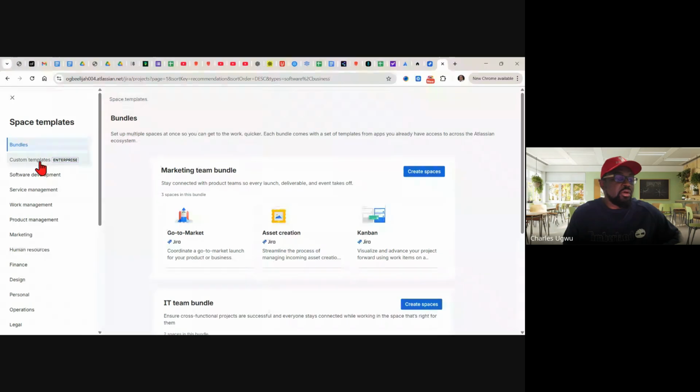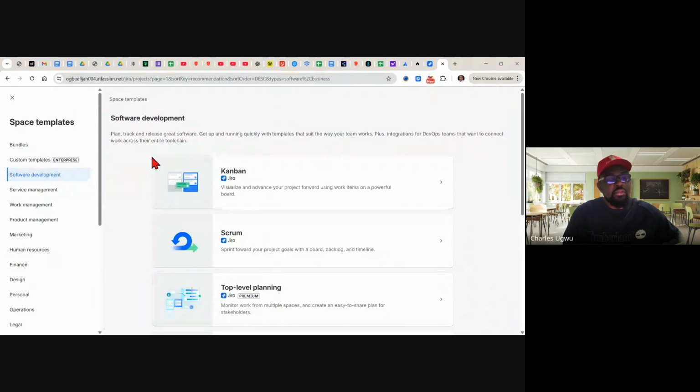You want a custom template, you want a software development project, you want a service management project, you want a work management, product management, marketing, human resources, any kind of project, even legal, you can manage it here. But in our own case, we are going to implement a software. So we'll call it software development. And I'm going to click on this.